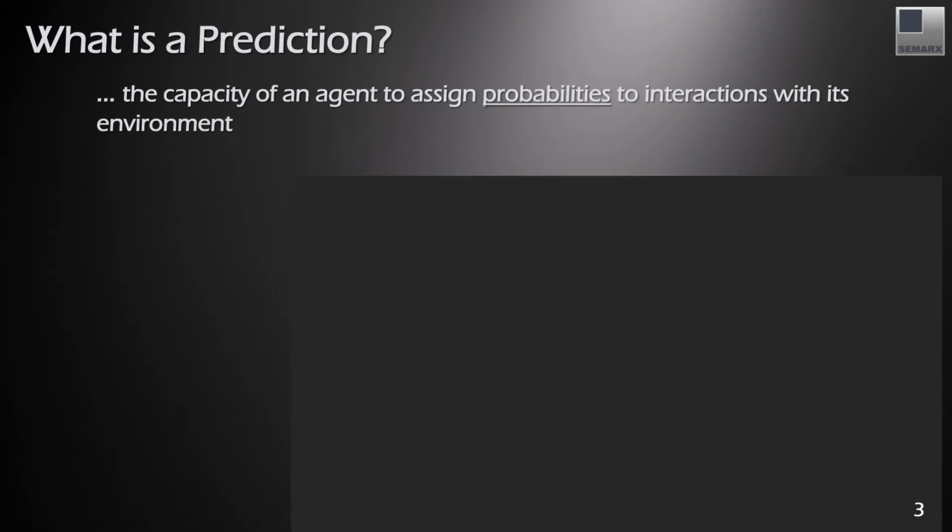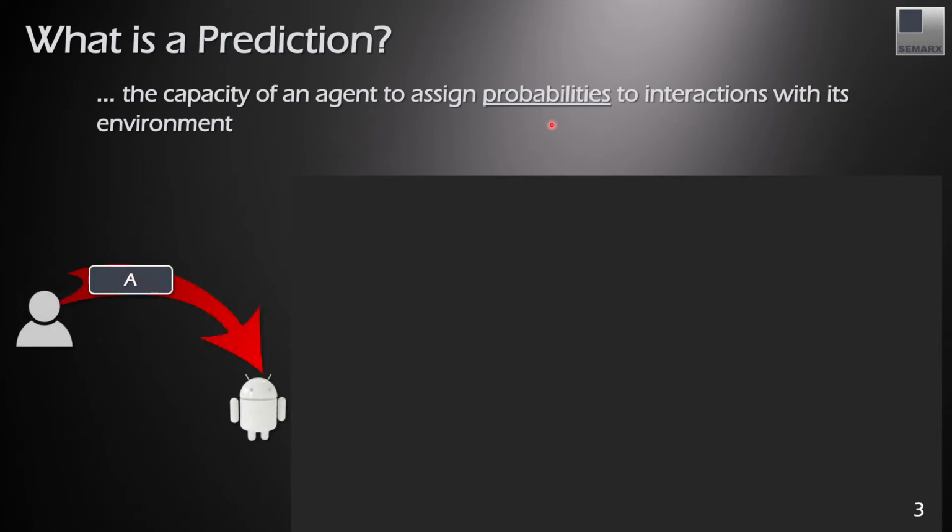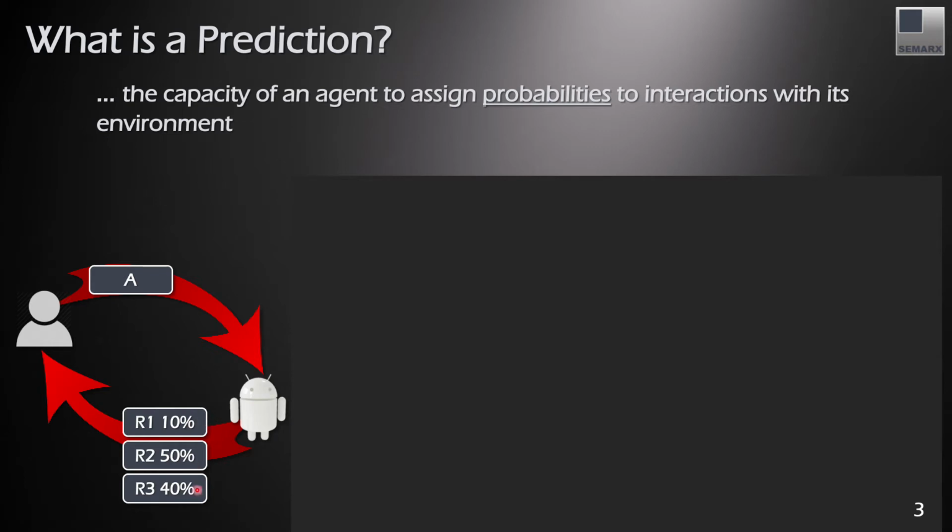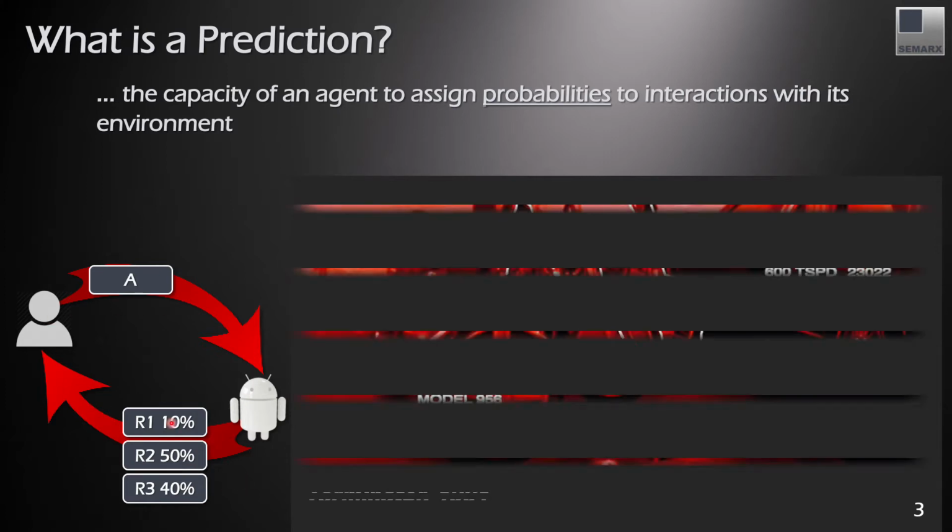So what is prediction, again, in more specific ways? Prediction is about the capacity of an agent to assign probabilities to its interactions. Again, we are talking about a human digital twin that is specific to people. That is why prediction here is with respect to a person or an agent. If that agent or person takes action A with the other system or other agent, prediction means it can capture the possible outcomes and assign some probabilities to them. It sounds simple, but this is exactly what prediction is about.